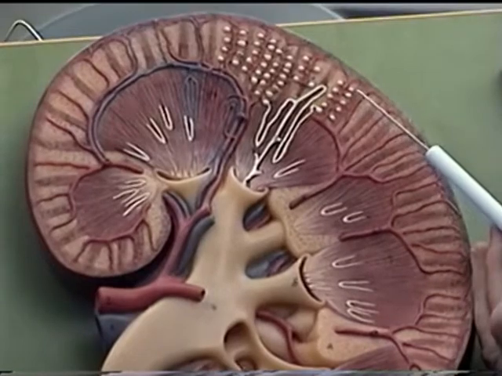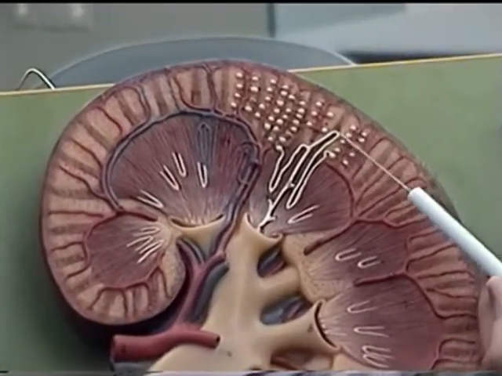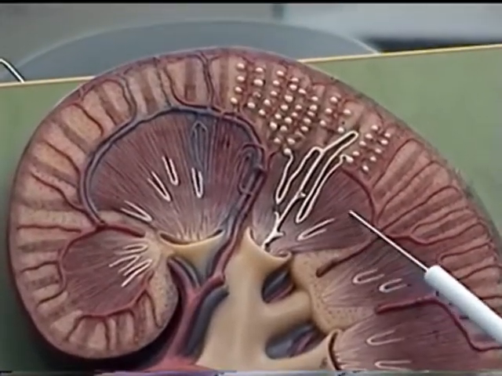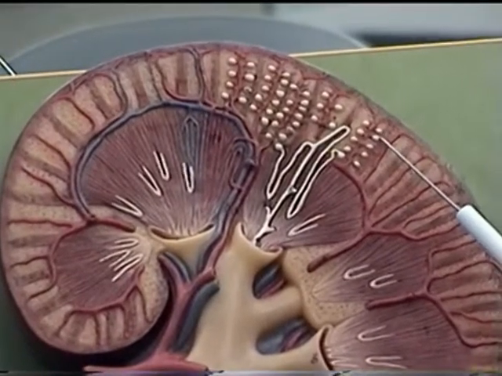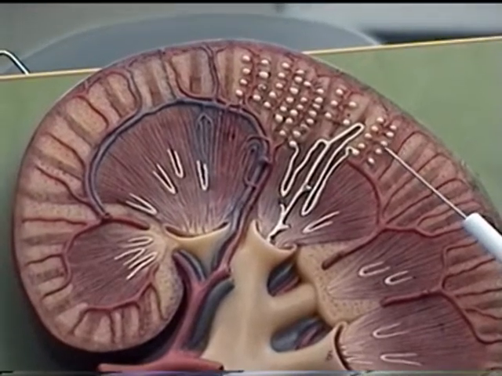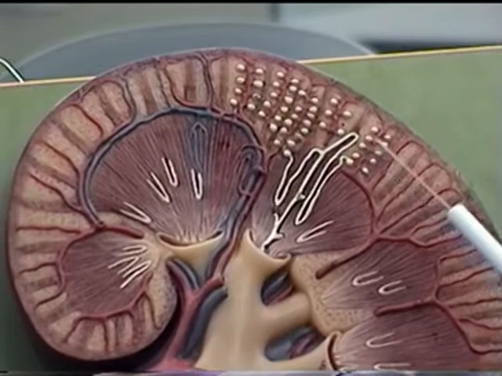So if we look up here, we can see we've got these little white balls that we see that are only in the cortex. We don't see any of those down here in the medulla. So this is called a Bowman's capsule, and it's the place where filtration is going to occur of blood to make urine. And then from this we have a duct system that's going to help